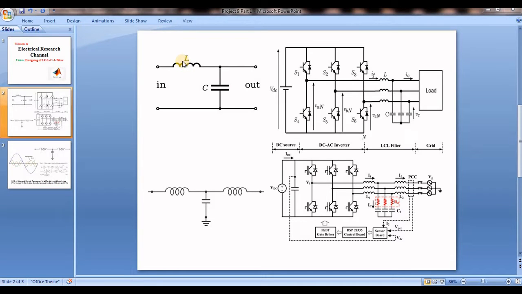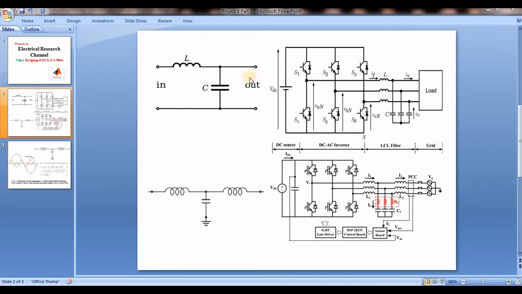The values of L and C in an LC filter. Whenever we are using an inverter, we have to connect one LC filter at the output of this inverter before giving to either the load or the grid. So the values of L and C are very important in connecting the inverter to the load or the grid. Many people fail at obtaining the values of L and C for a proper output response.